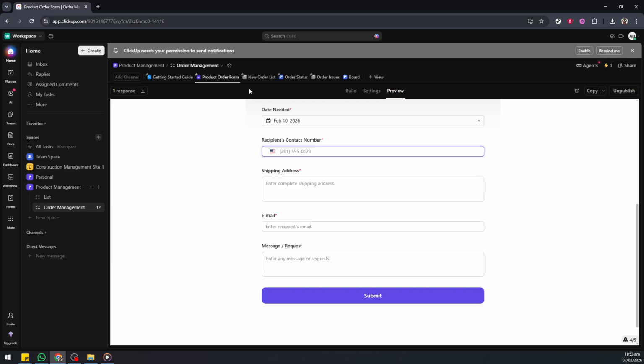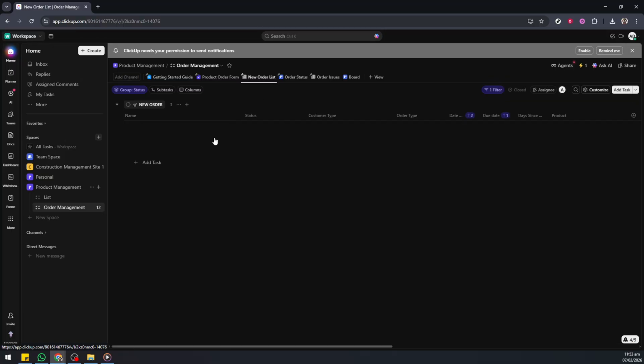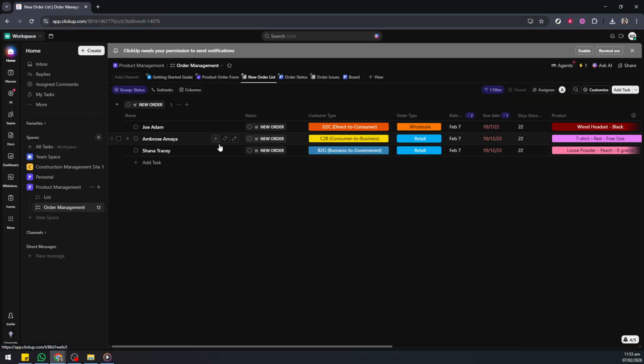After you submit, navigate to the new order list. Your newly created order will appear here automatically with the details populated from the form. This is your central intake queue. From here, you can open any order to review fields, attach files like invoices or proofs, and leave comments for internal collaboration. It's also a great place to spot check that data entry is